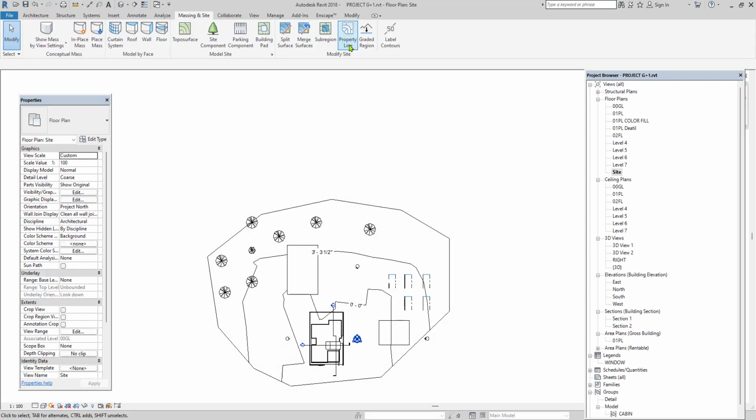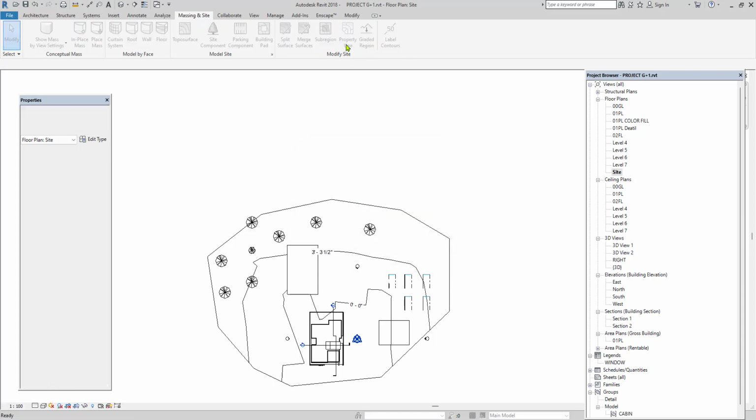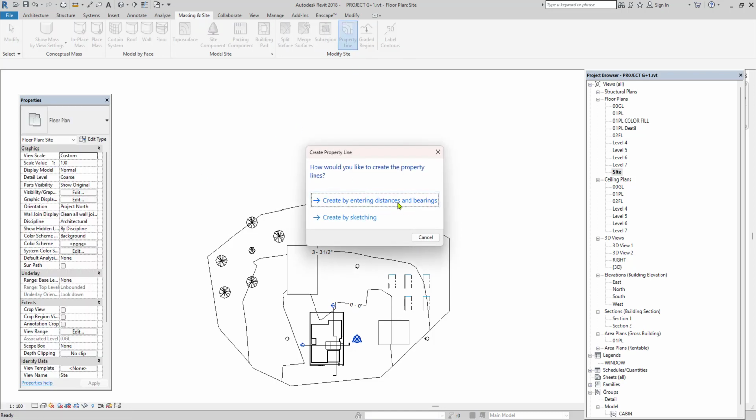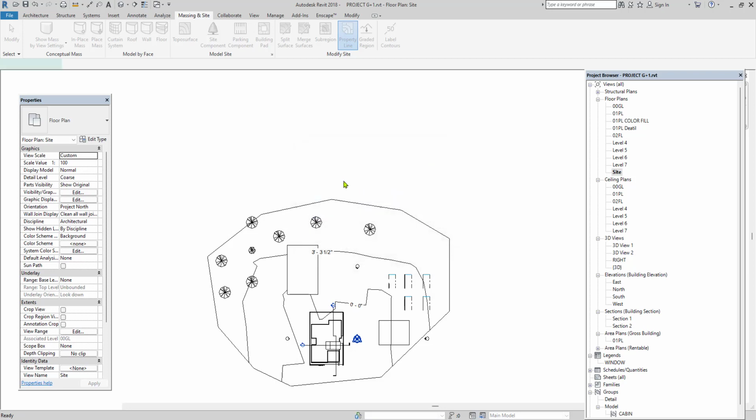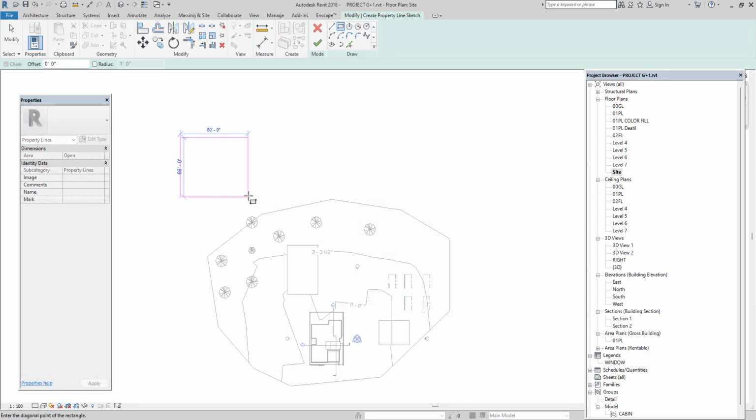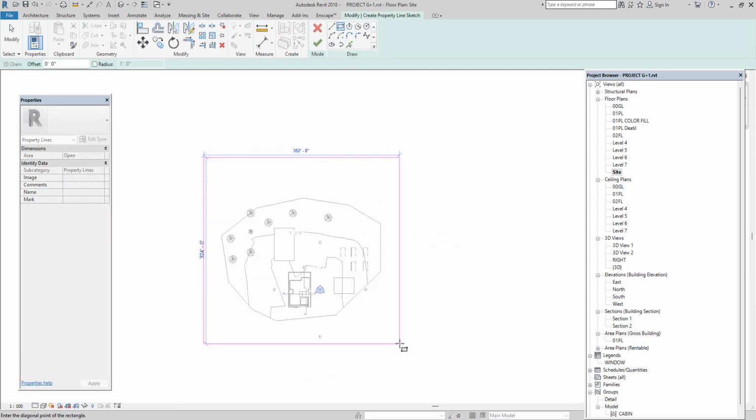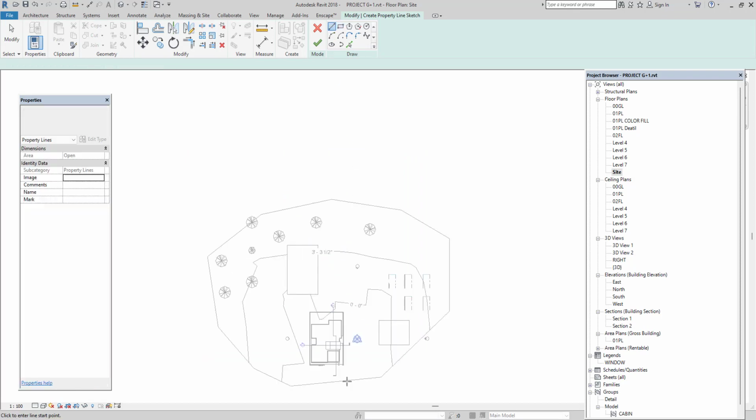Next one, we have a property line. In order to show the property boundary, we use this property boundary and then create by entering the distances and bearings, or else you can go with create by sketching, depending on the data you have. And then I am just going to draw or show the plot boundary. If you have a particular shape, there is also a pick lines option, so pick it.